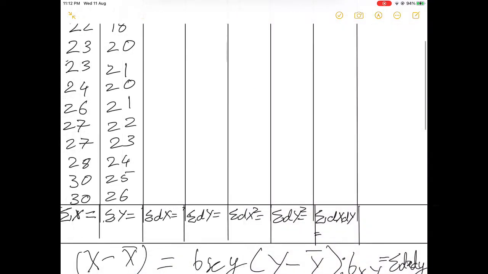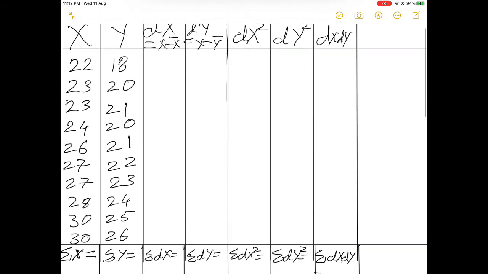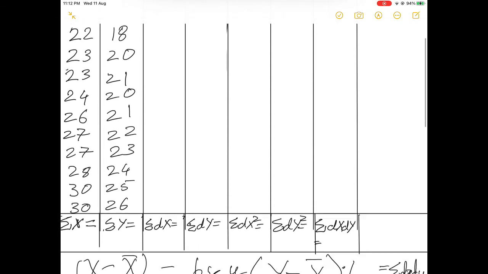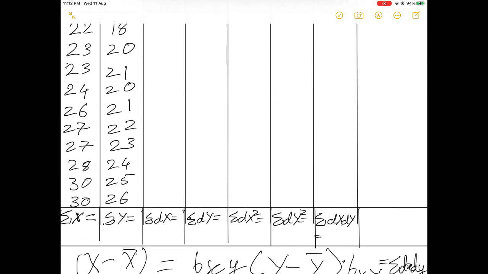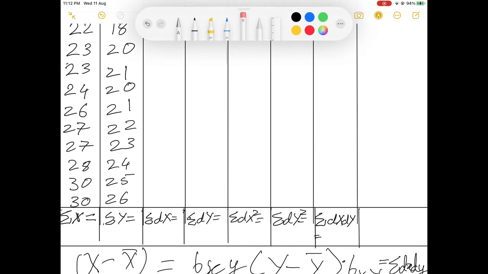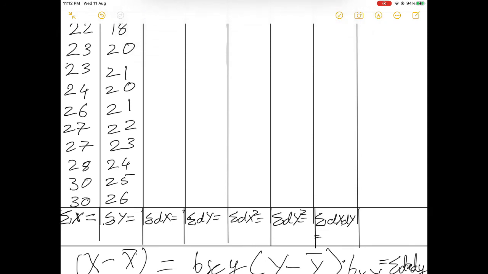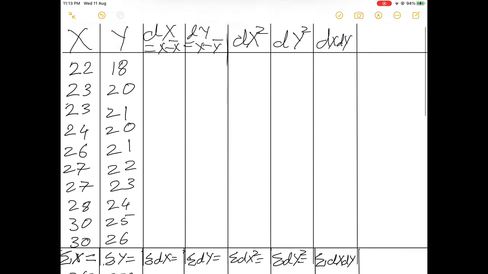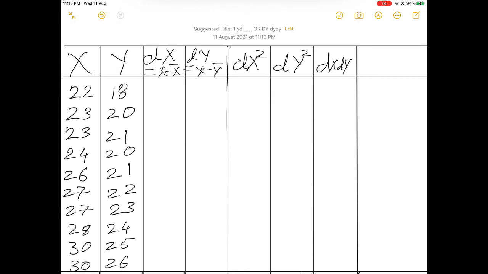So we will start by filling up the table. The first step of filling up the table is we have to calculate the means of x and y. So the first step, as you know, always for calculating mean, summation of x and summation of y we have to calculate. Now I have already pre-calculated the values, so I'll just fill in sigma x and sigma y values, then we'll calculate the means together. Alright, so sigma x, summation of x is equal to 260, summation of y is equal to 220. Now we have 10 values, or our n is equal to 10.